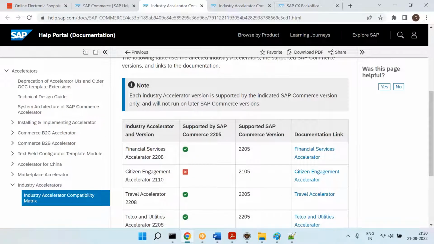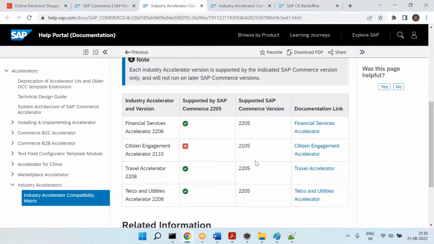Can you please pay attention? This is very important for leads and architects, because whenever you want to use this kind of third party, it is important for you to know what the supported accelerator versions are. If your commerce version is 2205, then what is the financial accelerator you need to use? The financial accelerator you can use is